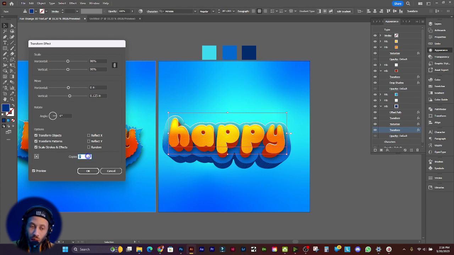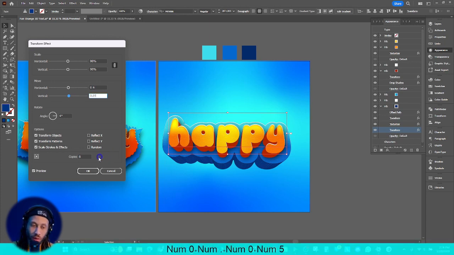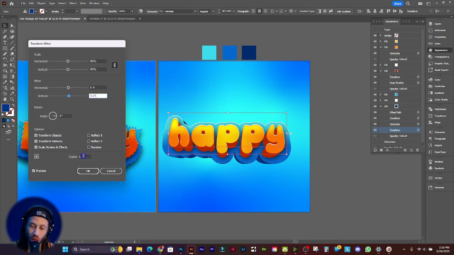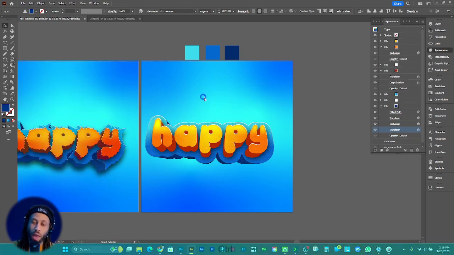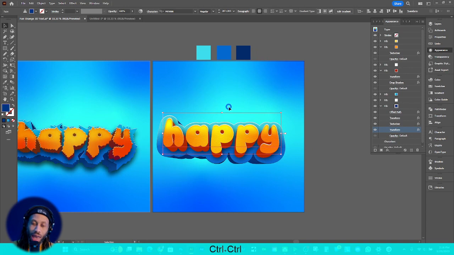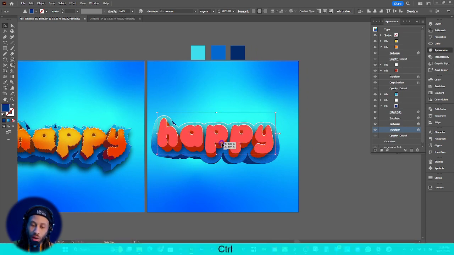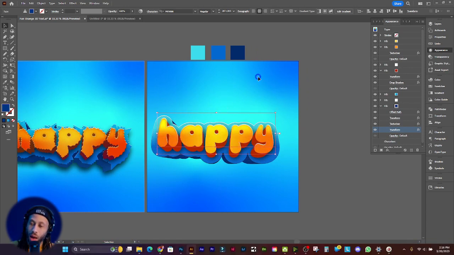No, that's not helping. Let's still increase it up to 7, but let's change the distance to about 0.05 so that the space between each copy is less, but then let's do something like that for now. All right. And so now that we have the edge lighting on both parts of our text, on our outline,